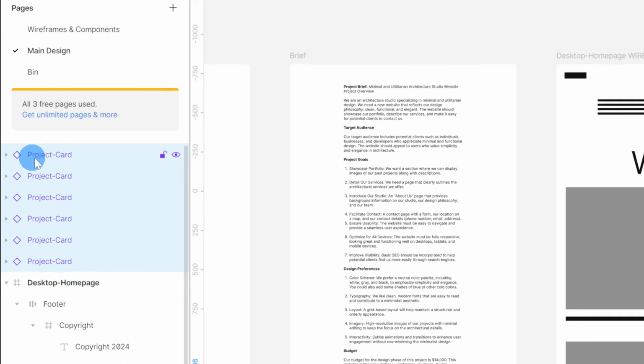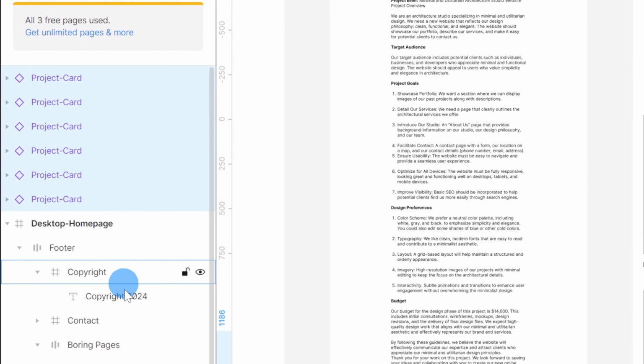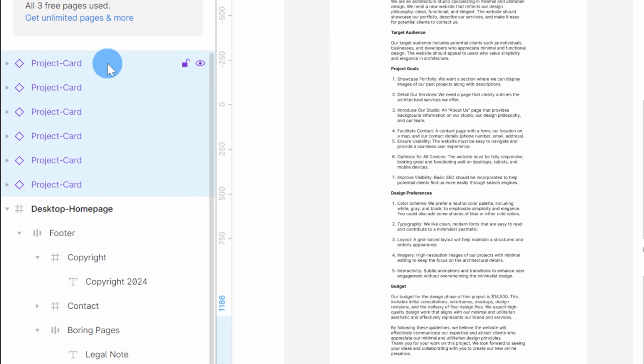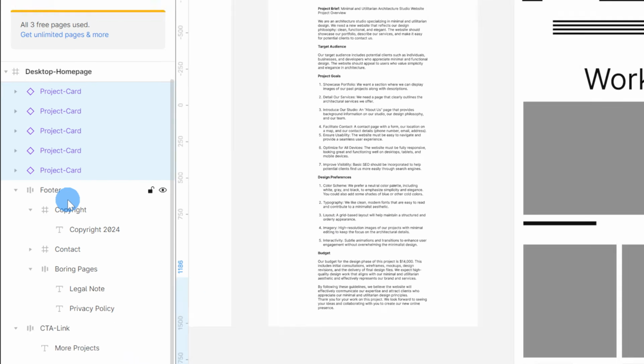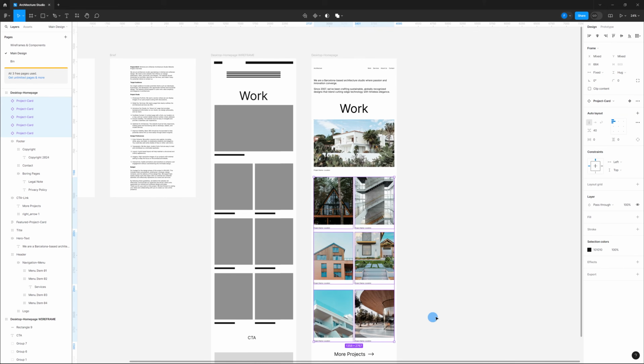As we can see here, they are not inside of this frame, but it's fine. We can just select all of them and then drag them inside of the frame. That's it. Things like this can happen all the time because we are human, right? That's why it's very important to always double check everything and make sure that every little oversight or mistake is